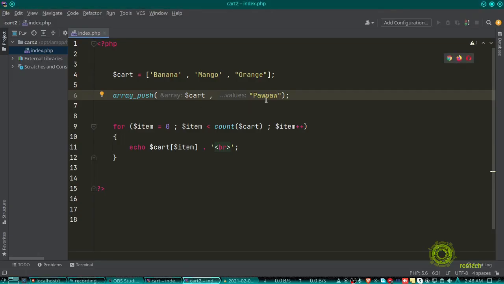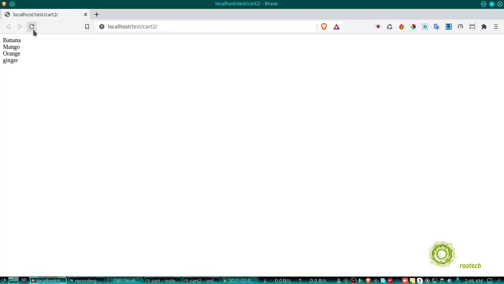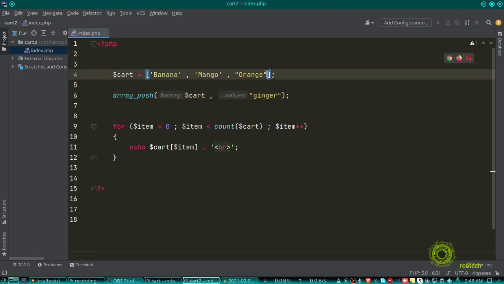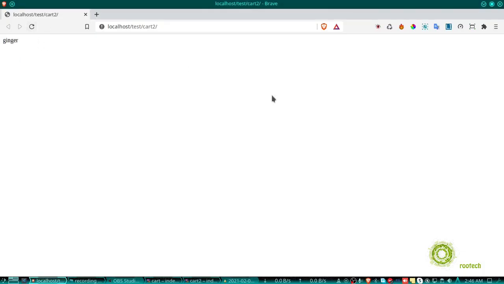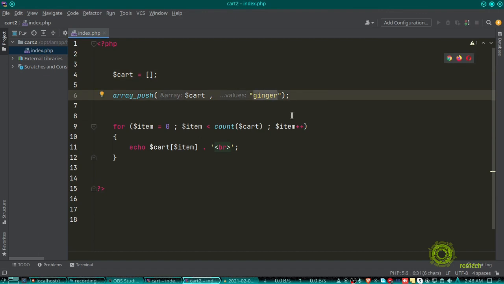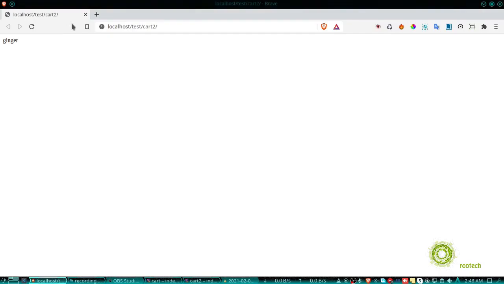The problem here is, fine, pawpaw is added. We need to add another item, let me say ginger. When I add ginger to my list, it overwrites pawpaw, and the logic becomes clear when we set our basket to empty and then add ginger first. So we've picked ginger, fine. We need mango next. If I add mango, the mango overrides the ginger,